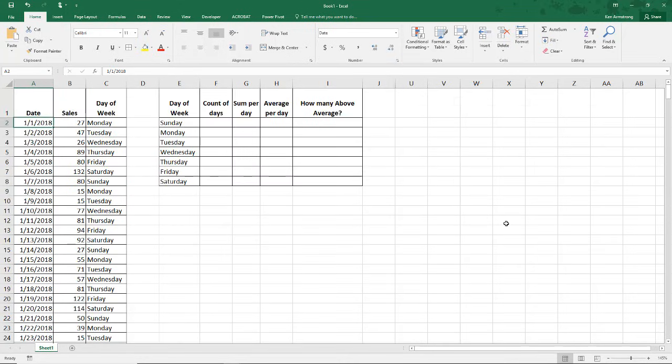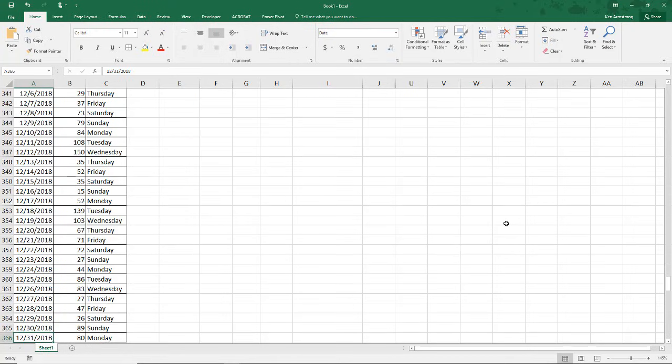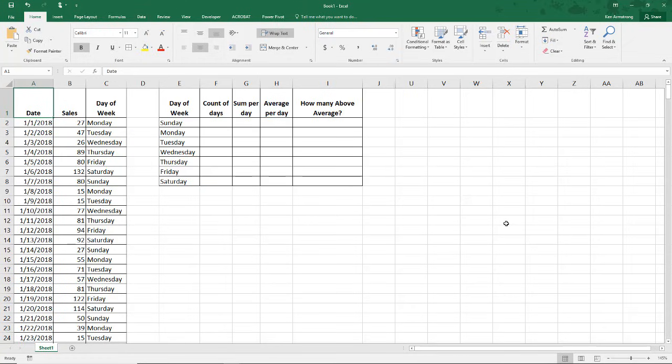But there's a keyboard shortcut to do that, right? So if I come to this cell, and in the Windows operating system, I just hit the Control key and the down arrow, and it automatically takes me to the bottom. And then Control up arrow takes me back up to the top. So for each day of the year, we have how many items we sold that day.